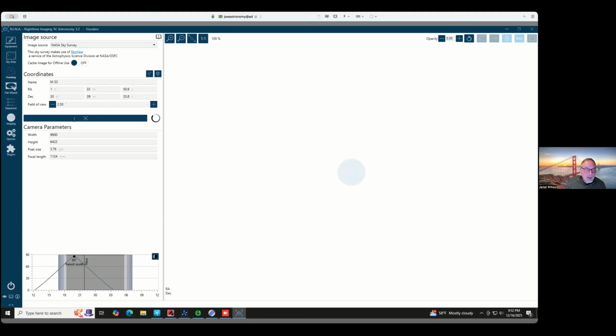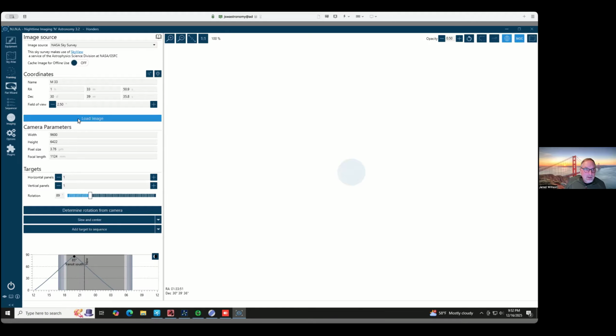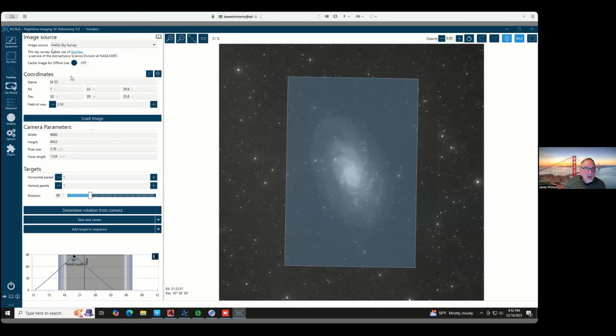And then I didn't tell you, but I clicked on load image. Right now it's loading the image, or it just did load the image from the NASA Sky Survey. Other things will load faster. I use the NASA Sky Survey because it's an actual image in the background there. Let me drop the opacity so you can see a little better. It shows me the framing for M33 with a real image, so I can figure out, is this really the